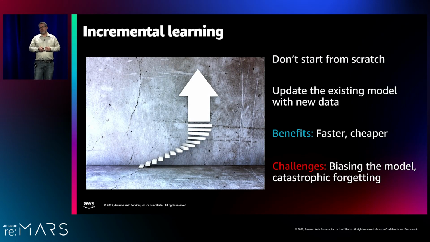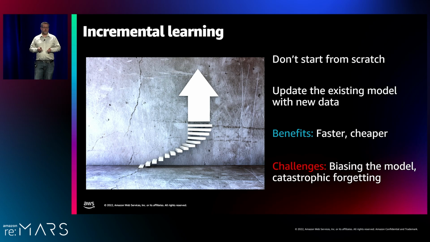Another concept that I want to describe here is incremental learning. In traditional machine learning, you train a model from scratch. You take a model that has never seen any data, and you take all your training data and train it start to finish. The reason people do this is because you can have really fine-grained control over exactly what data goes into your model, which is important. You can also randomly shuffle the data so that it's well distributed and doesn't have any biases.